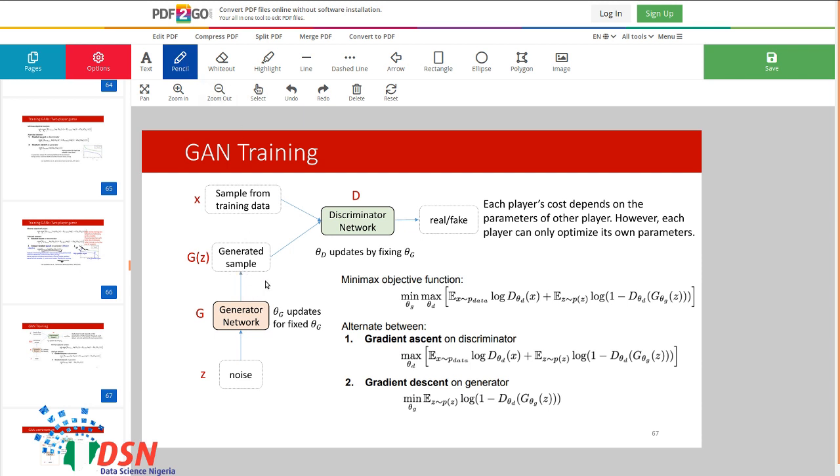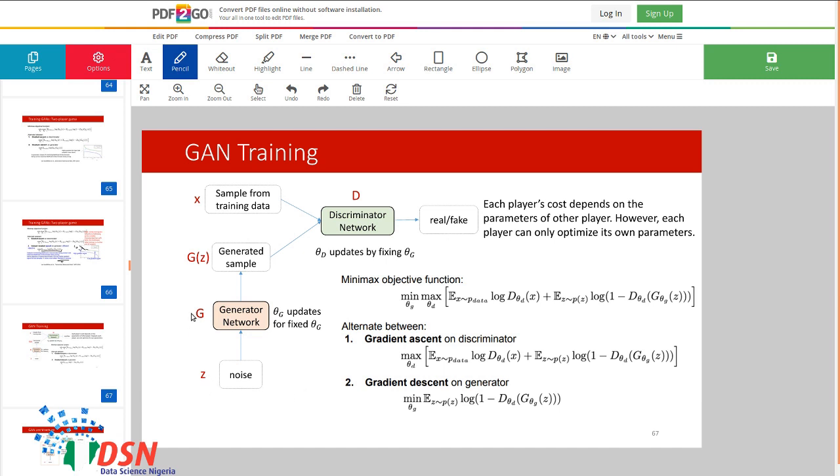So, to put it in a nutshell, you could see that we have something like this. We have a random noise, then we sample from that simple distribution. It could be Gaussian.